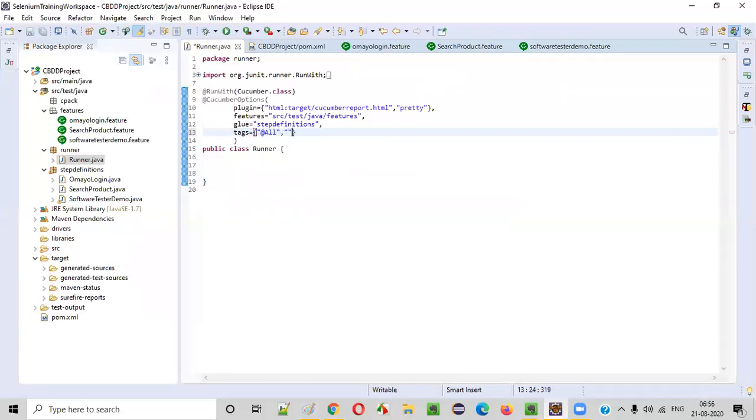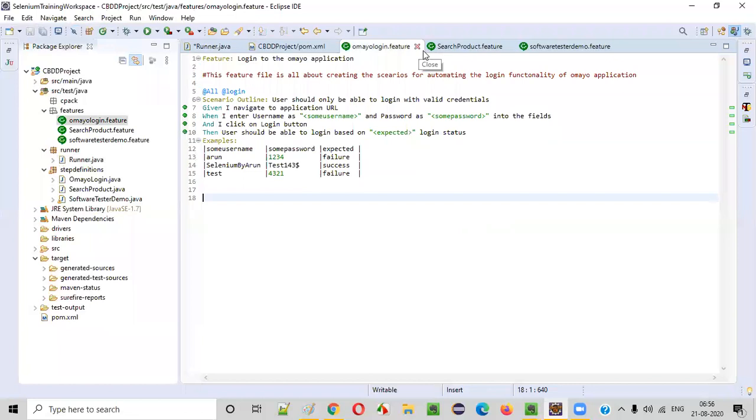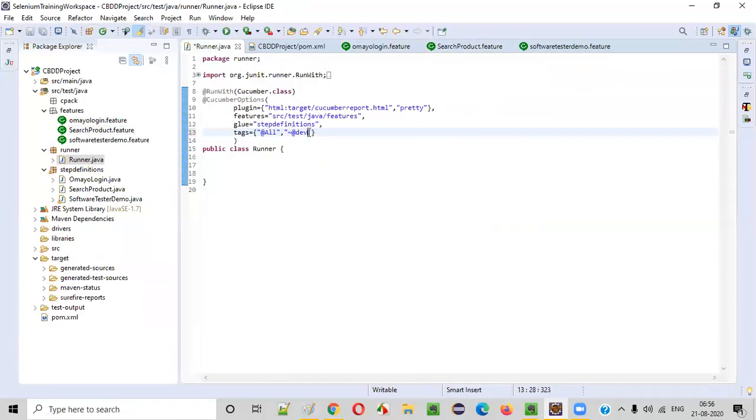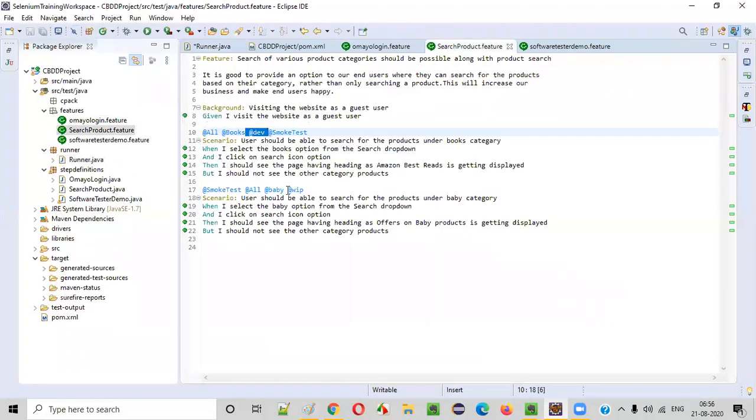I want to also provide except, which symbol would I use, guys? Negation. Okay. @dev. Let's see and use. Here @dev is there. So negation of @dev, comma. Again I have to put @wip.